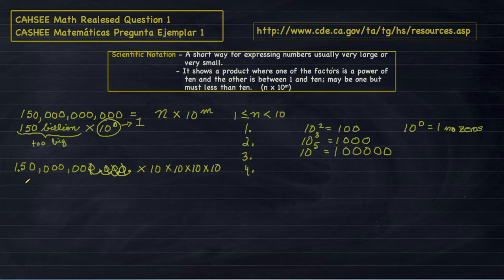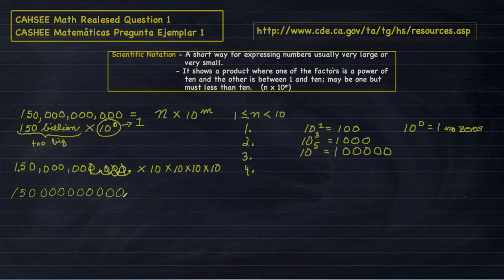We agree now that we have to move the point in the number to the left towards the non-zero digits. So in this number, 150 billion, I would have to add 9 zeros after the 150. Okay, so let me see, 3, 6, 9, all right, there we go. Okay, we have to move the point towards the non-zero digits on the end of the number, okay? Looking from the right to the left, this would be the end of the number.